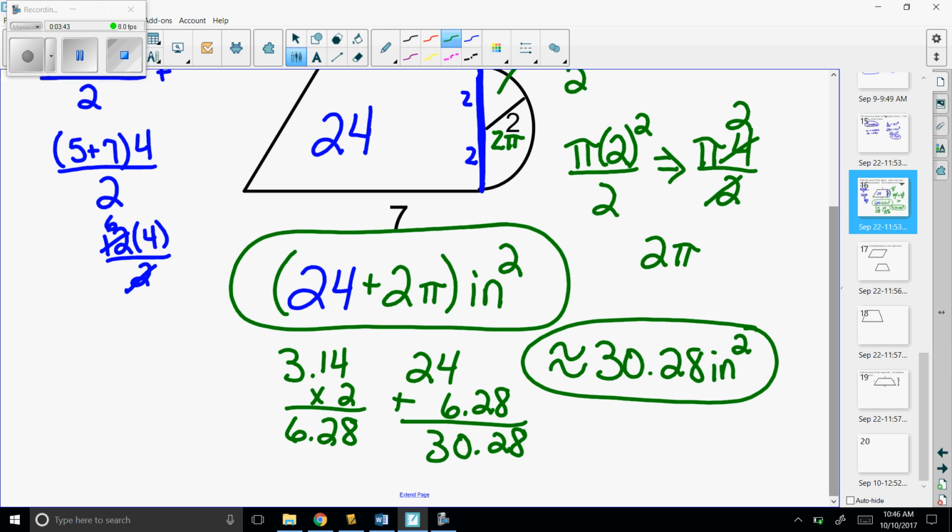Either answer is correct. Just as you progress throughout your mathematics courses here and then into college, they like to leave it in terms of an exact answer, which means in terms of pi. If we look at another example,